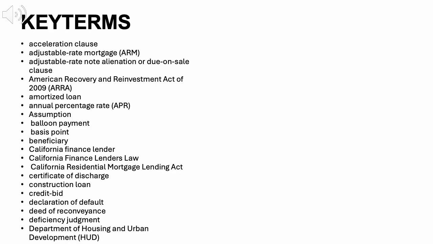Key terms: acceleration clause, adjustable rate mortgage (ARM), adjustable rate note, alienation or due on sale clause, American Recovery and Reinvestment Act of 2009 (ARRA), amortized loan, annual percentage rate (APR), assumption, balloon payment, basis point, beneficiary, California finance lender,